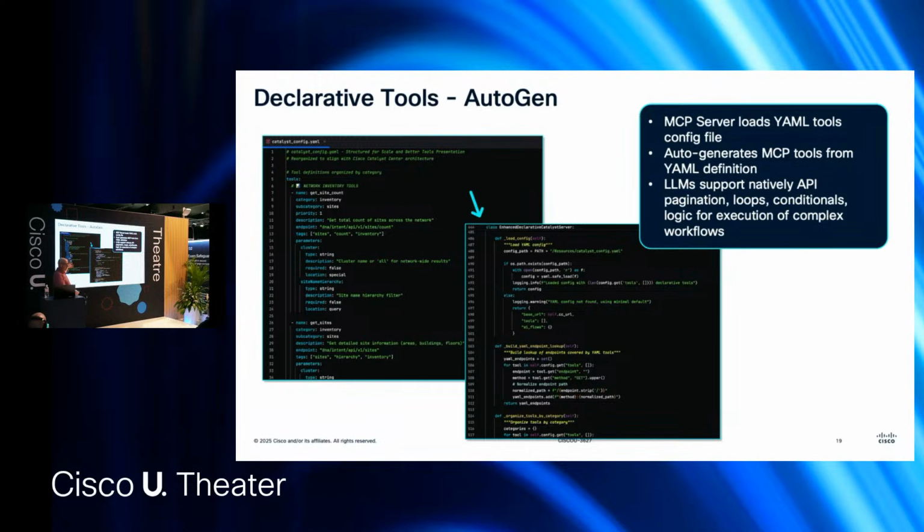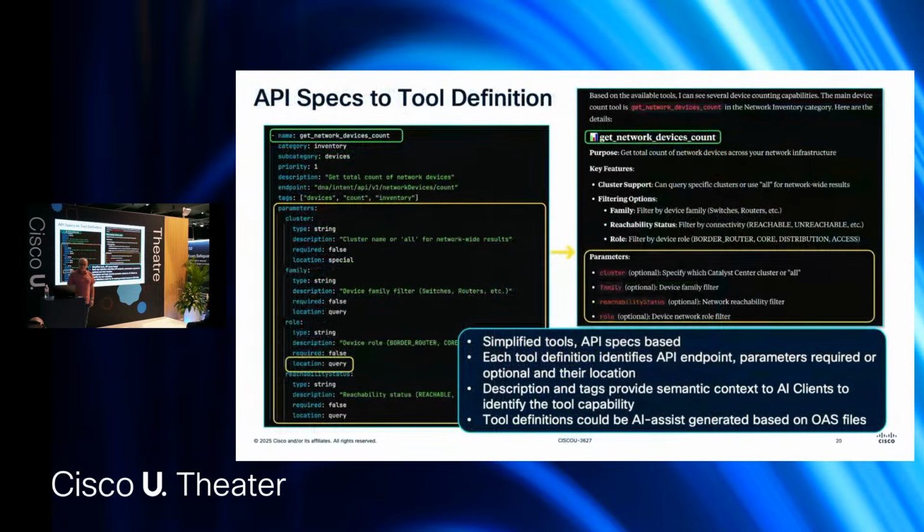So today I have like 20 or so tools. If I need to create another one, I add it to the YAML description, definition of the tools. Next time I'm running the MCP server, it will create the API endpoint and make API calls for me. And you're going to see I have actually a slide showing you how to create that.